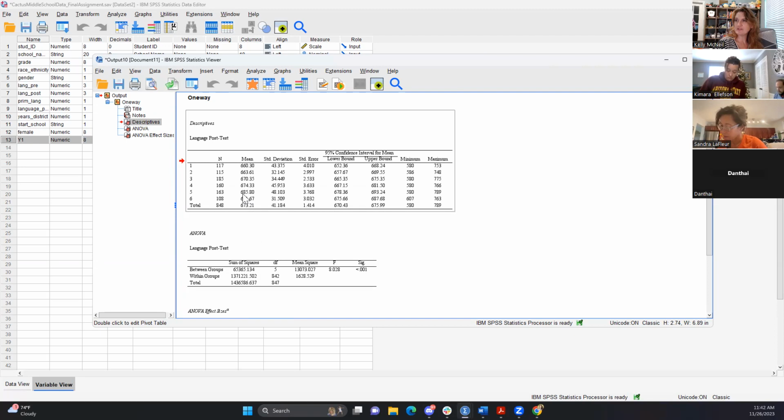The other thing that I'm noticing here, the first thing that stood out to me was how high year 5 was. I also see that the standard deviation is the highest for that group. What that would flag for me is that there's an outlier in there somewhere. So somebody scored significantly higher in that group, which would cause the standard deviation to go up, and it would cause that mean score to go up as well. So there's probably an outlier in that data. And conversely, the standard deviation was the lowest in the 6th year.